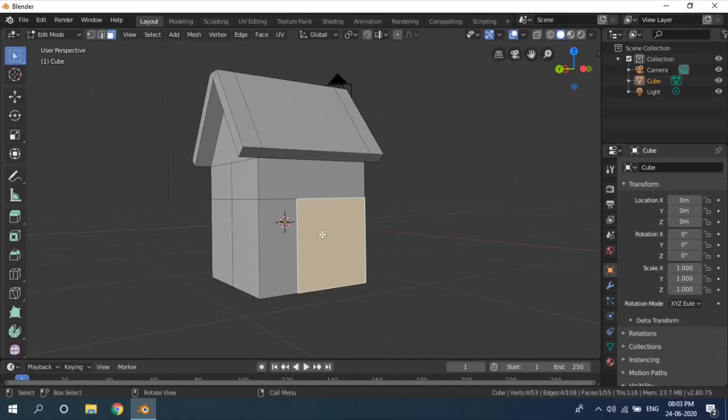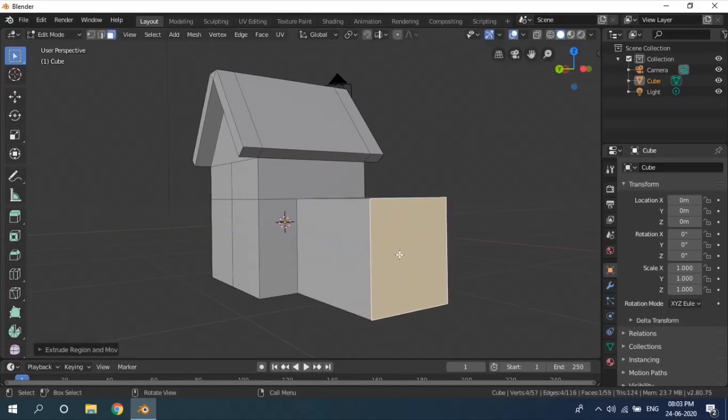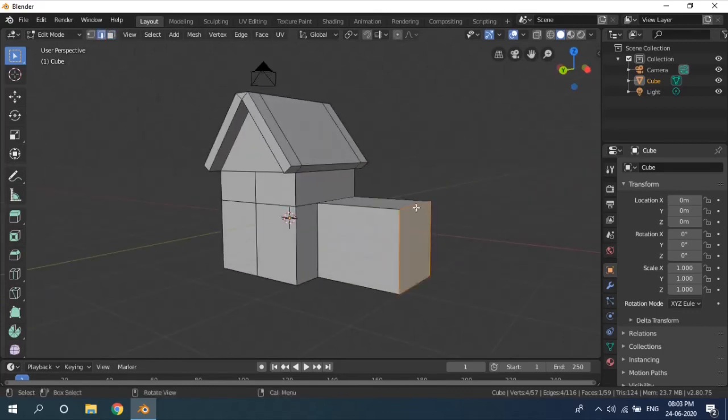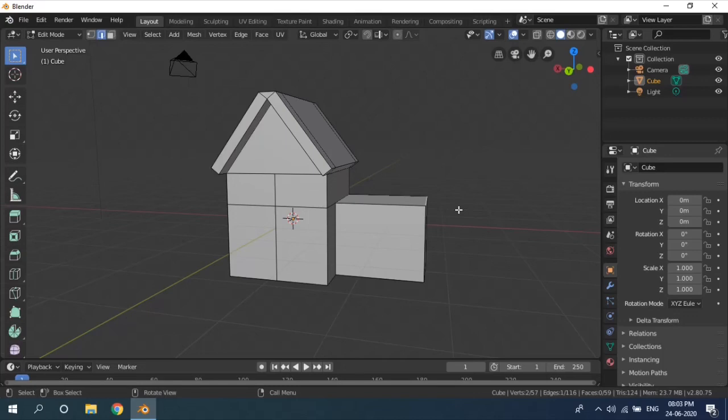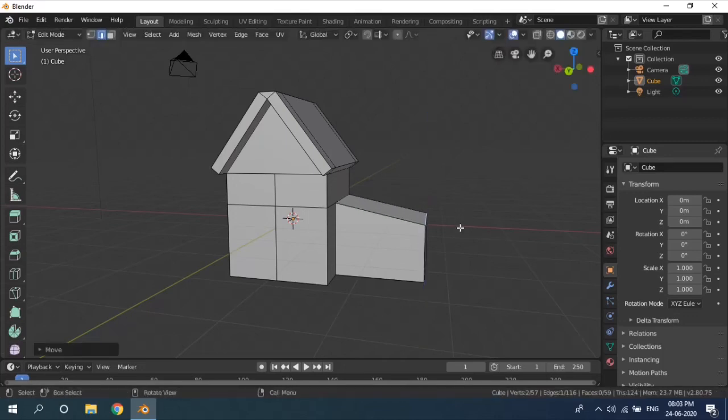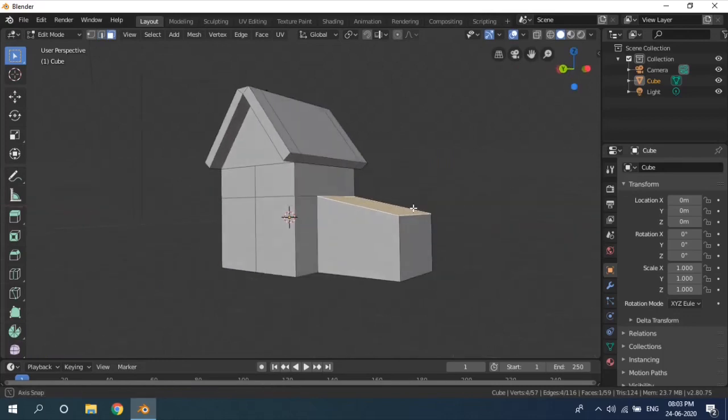We select that face, E to extrude, and select this edge to go to edge select. Again, I am reminding you, you press 2 to go to edge select. Select this edge, G to grab, Z to grab it on the Z axis, lower it down a bit. Then again go to face select with number 3, E to extrude.